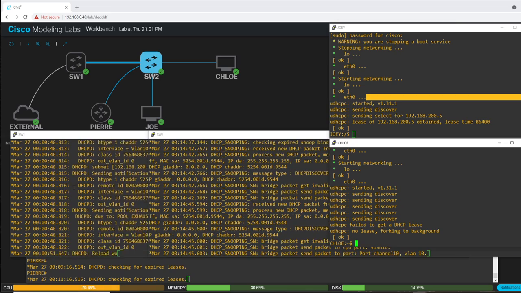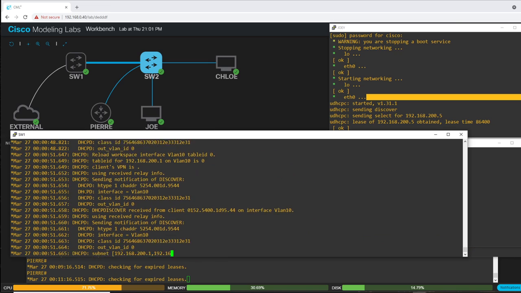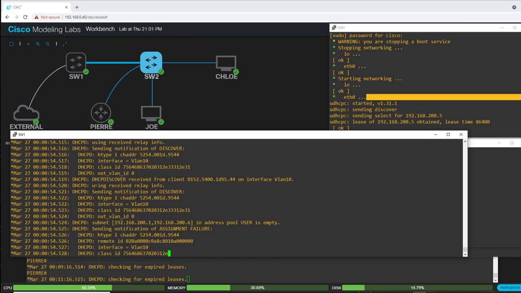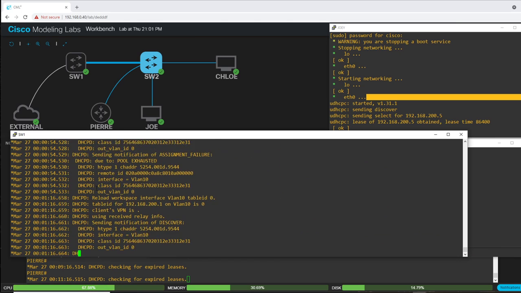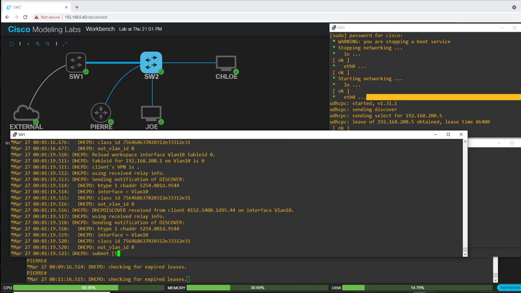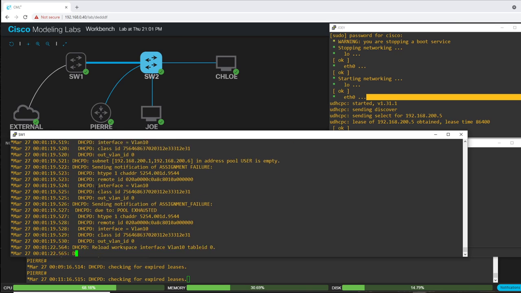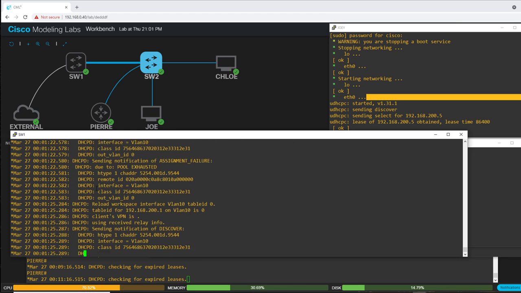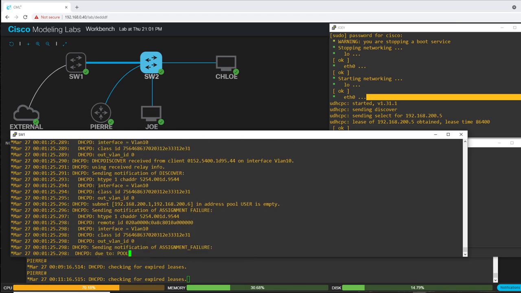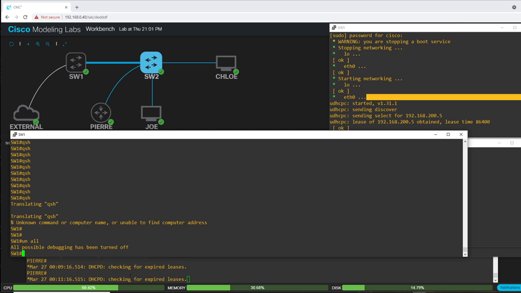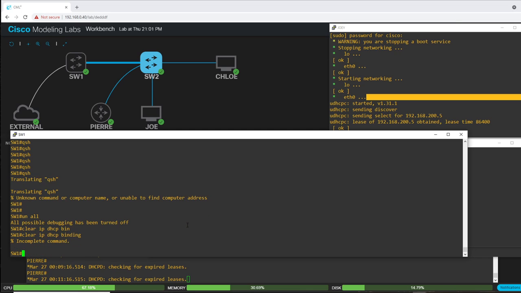There was an existing list. I didn't clear the bindings on that, so switch 1 still thinks those bindings exist, and in order for them to stop, we have to clear the binding and create space in the DHCP pool. So what we'll do is clear IP DHCP bindings,